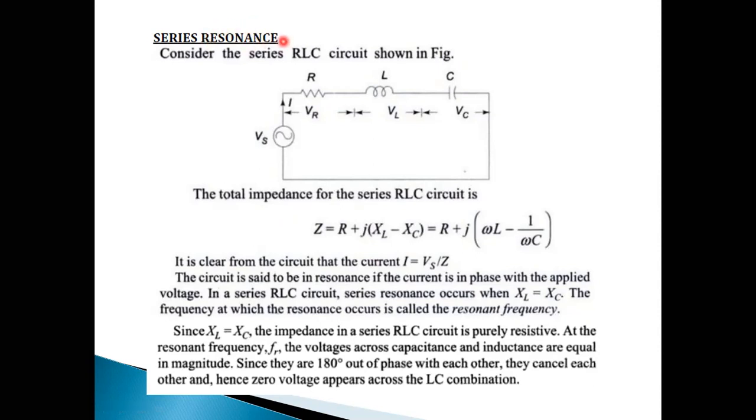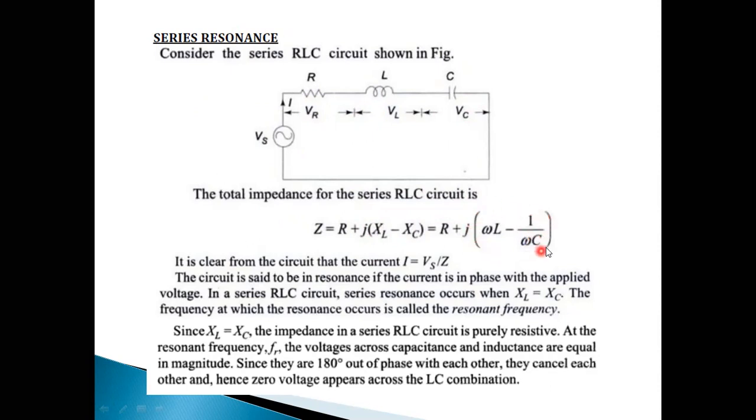In terms of the electrical point of view, let's take an RLC network in series: resistance, inductance, capacitance. Each one will carry a voltage drop across it. Series connection. And the total impedance, we all know, is Z equal to R plus jX. That X term is nothing but XL minus XC. XL is nothing but omega L, and XC is nothing but 1 by omega C.